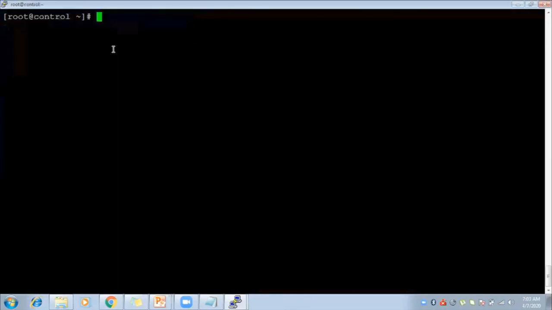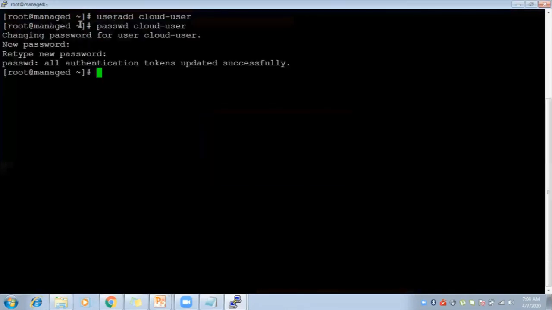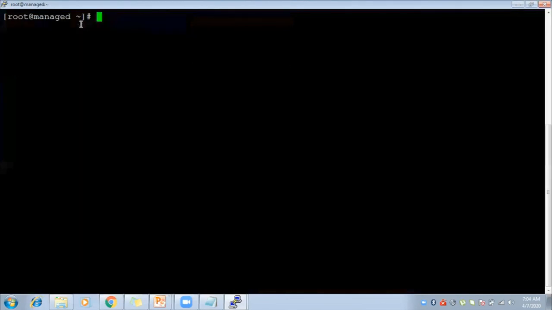Now I need to do some setup so that cloud user can go from control node to manage node without password. So all the operations that we will do from here will be executed there. Whenever we are running any command or any playbook, from control node, cloud user can go to the manage node without password. So I have to configure that thing. I will show you.